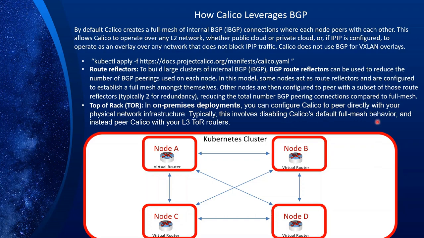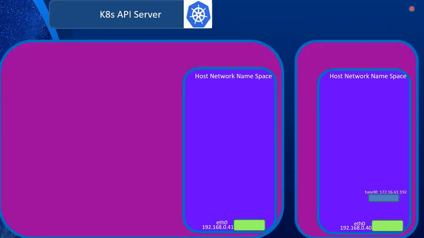So in the previous two slides, we saw how BGP works in general, and we saw how Calico implements BGP as a full mesh by default. Now let's dig a little bit deeper into what actually happens when we set up Calico and what processes and services are involved. Let's say we have our cluster again. We have two servers in our cluster,